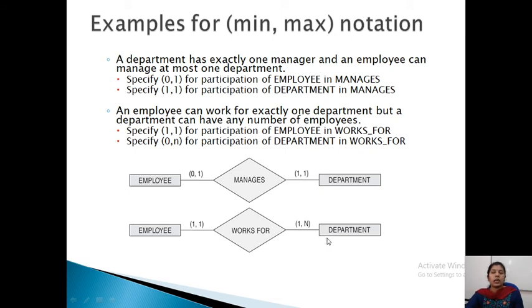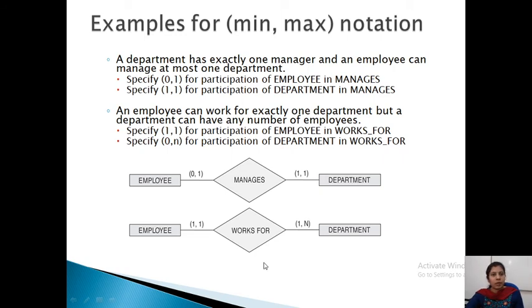And here, if we take department, he will work for how many department? What is the instance here? So it specifies what is the participation. Department must participate, that means it must have an employee. So how many employees they can have? Minimum 1 employee must be there.